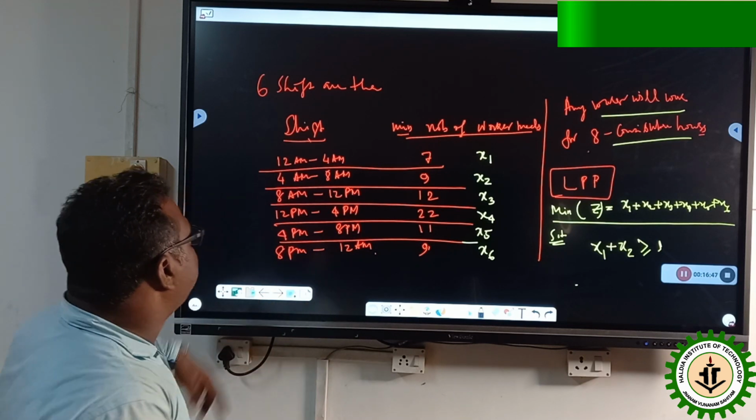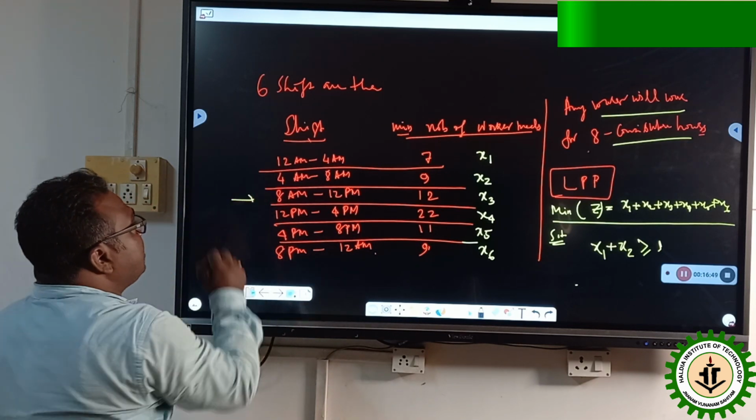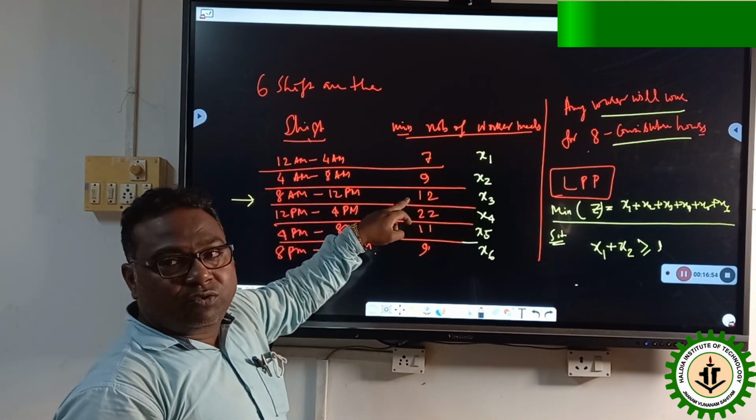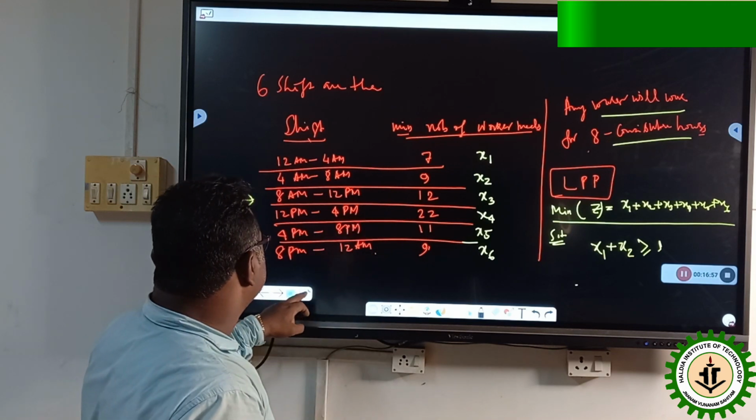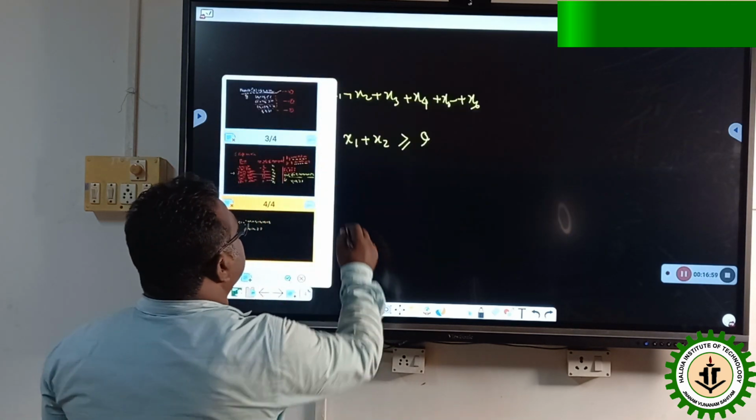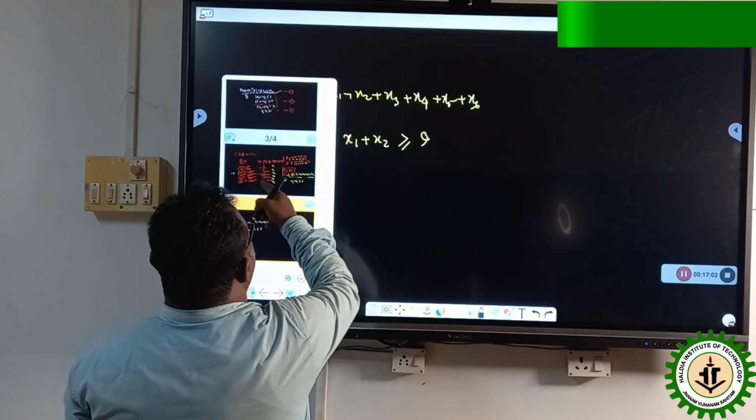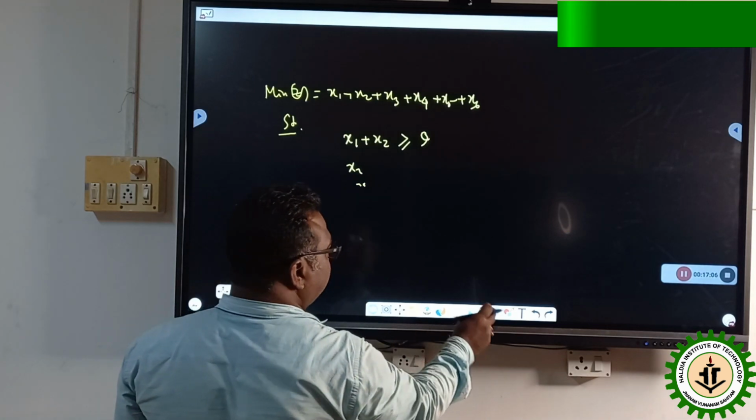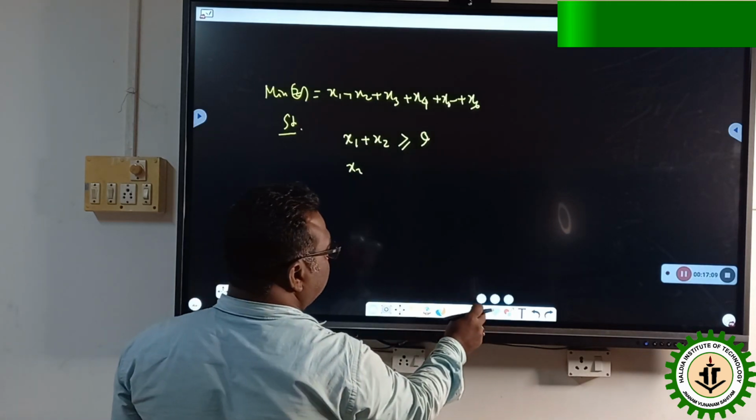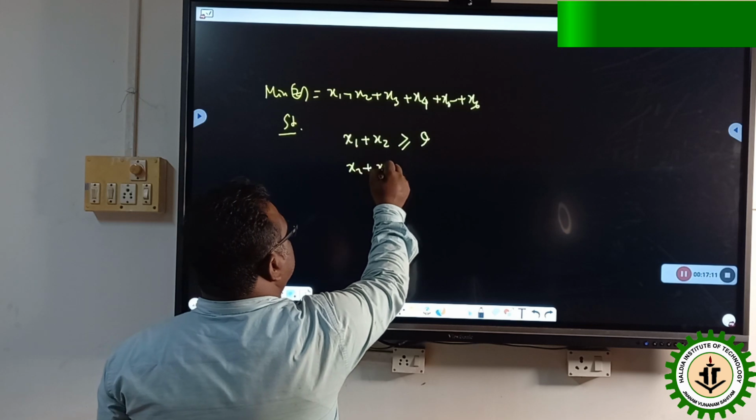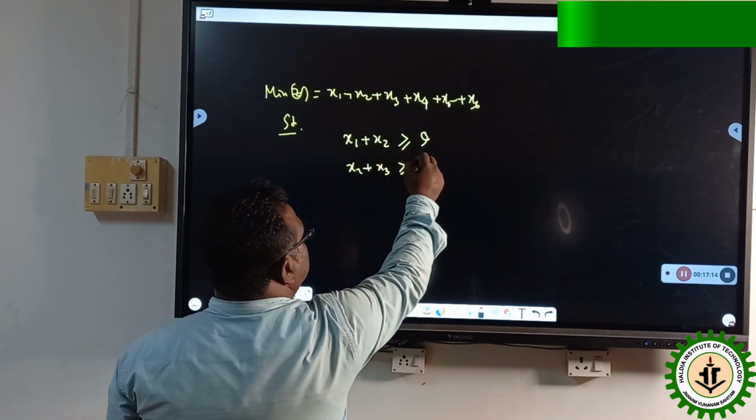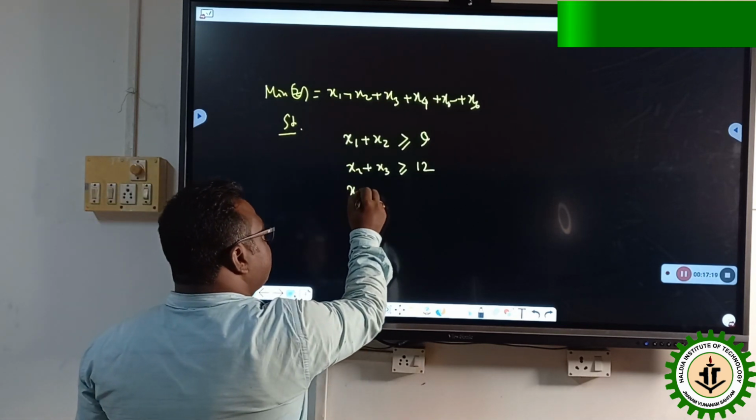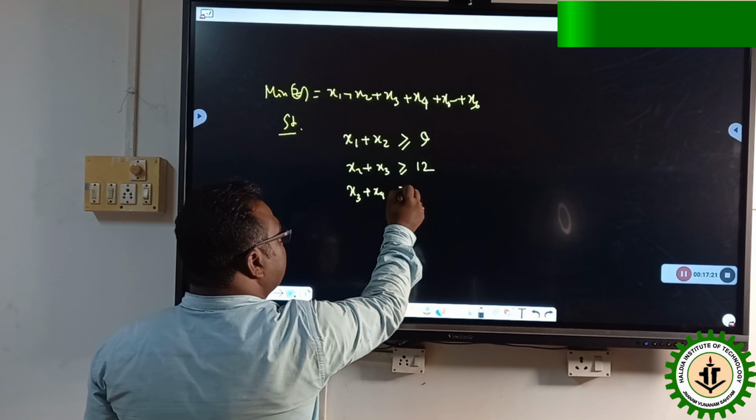So the total number present in this session is nothing but x2 plus x3, which must be greater than or equal to 12. So we can say from here that the second constraint will be x2 plus x3 must be greater than or equal to 12. Similarly, x3 plus x4 greater than or equal to